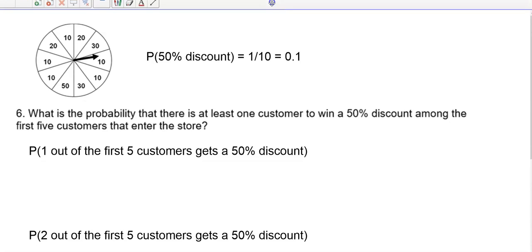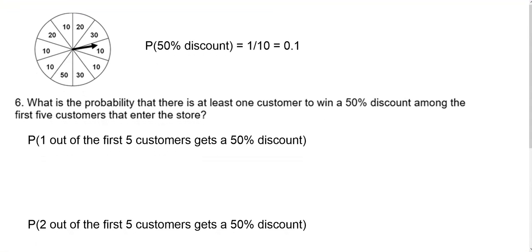I realized that I didn't talk enough about the idea of at least one. So question number 6 on the basic probability practice said, what is the probability that there is at least one customer to win a 50% discount among the first 5 customers that enter the store? So we know that the probability of a 50% discount is 1 out of 10 or 10% or 0.1. So it would be reasonable to assume that the probability that the first 1 out of the first 5 gets